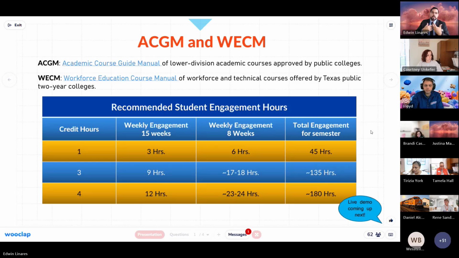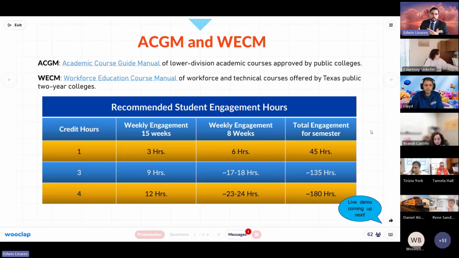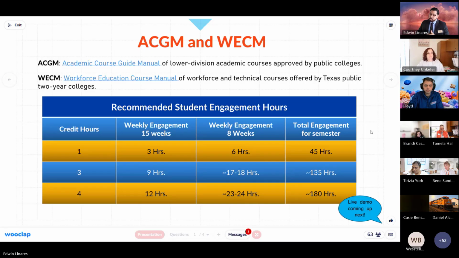So here's what's going to happen. In the next slide, or the next thing that's coming up, is going to be a live demonstration of a tool that you can use, right? It's an option to help you see if your workload is going to be insufficient, if it's balanced, or if it's too much. So before I move on to that, for workforce education,